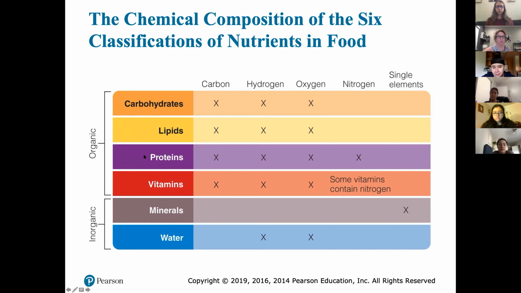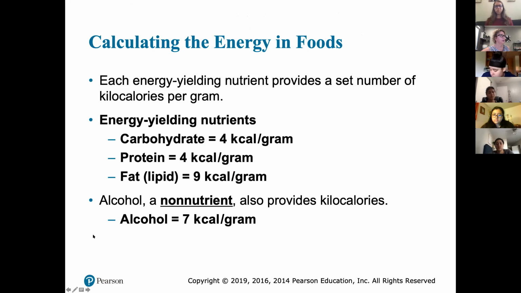But when we start to break down, we will look at every single chapter. Chapter 4 is carbohydrates, chapter 5 is lipids, chapter 6 is protein, and the next chapters are vitamins, minerals, and water. It goes on. We are going to cover every single one of these in depth in a chapter. So it's very important that you understand that there are 6 for the purposes of the exam, and which ones are organic and which ones are non-organic or inorganic. Okay, the other thing, see how this is very bolded?